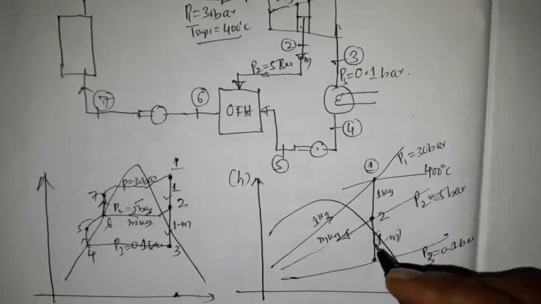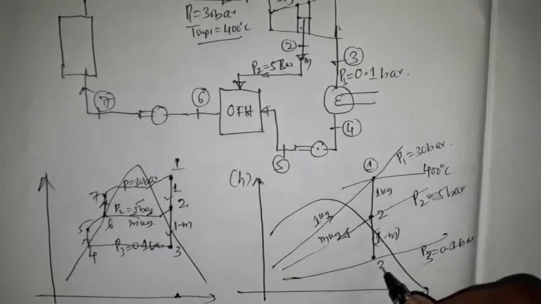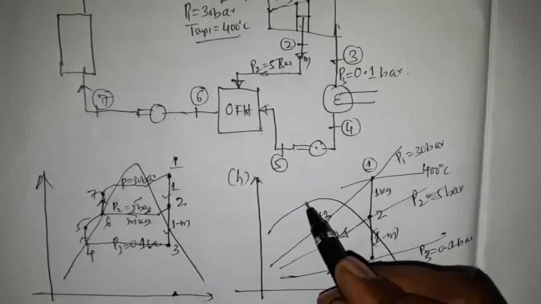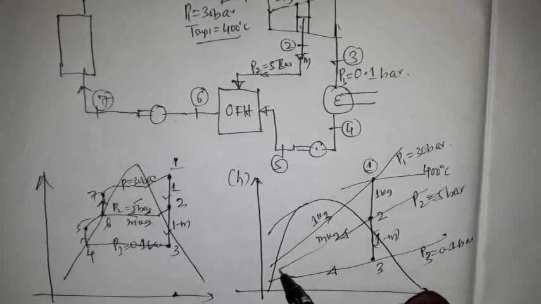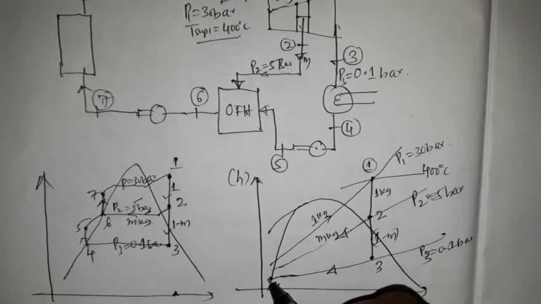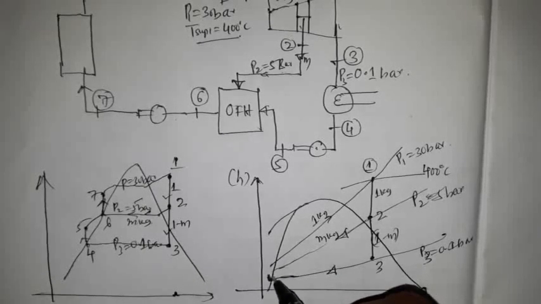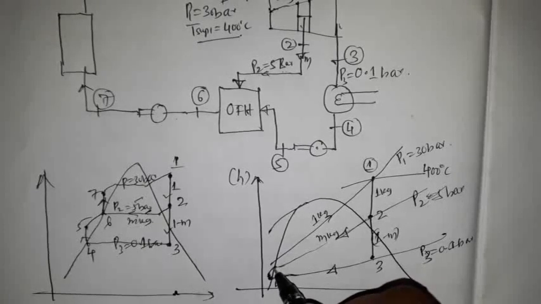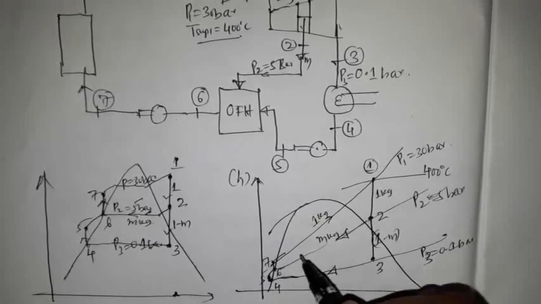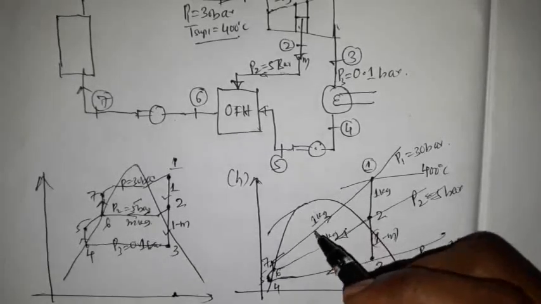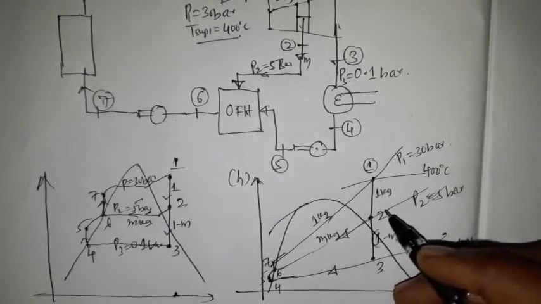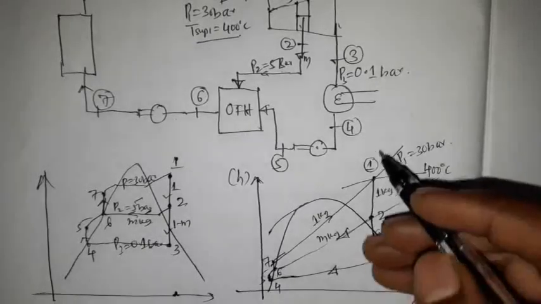So now here we have 3 to 4 condensation till it becomes a saturated liquid. 3 to 4, so 4 to 5 again pumping, 4 to 5 pumping, 5 to 6, 6 to 7. 4 5 6 7 it is. So this is how the HS diagram can be drawn, and with the same process on the Mollier chart, so we'll